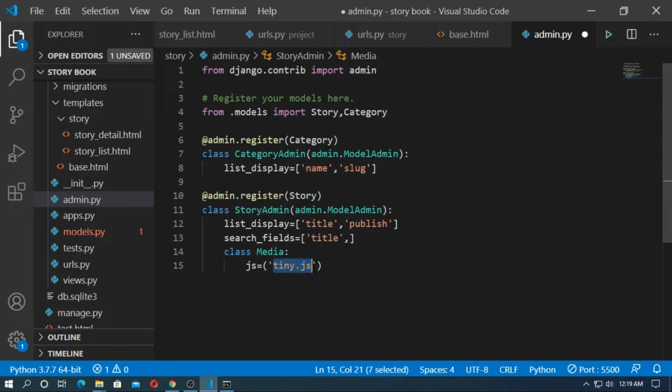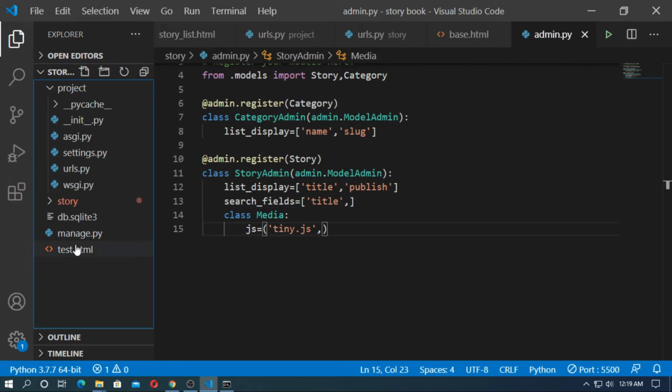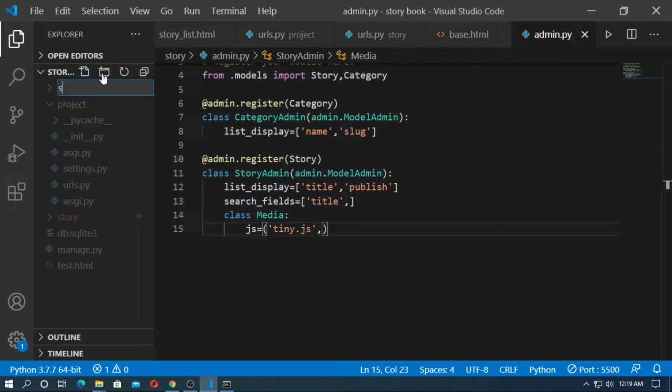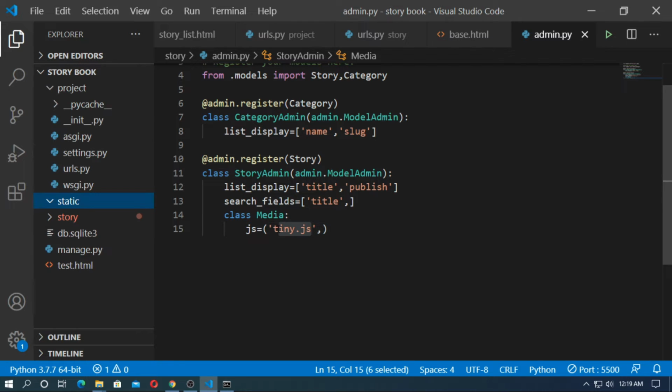I will create this in the static folder. Okay, so just save it, and our static directory is the base dir, meaning the directory of manage.py. So here create a folder named static, and inside the static folder create a file tiny.js.